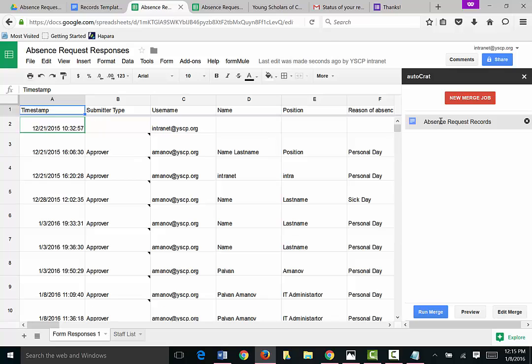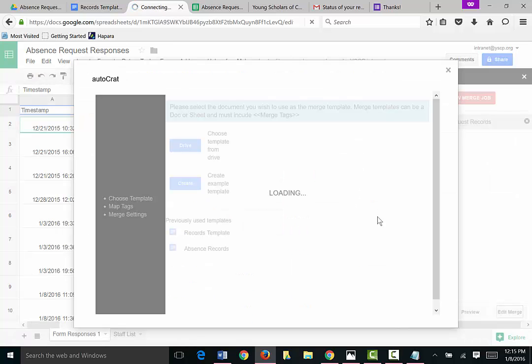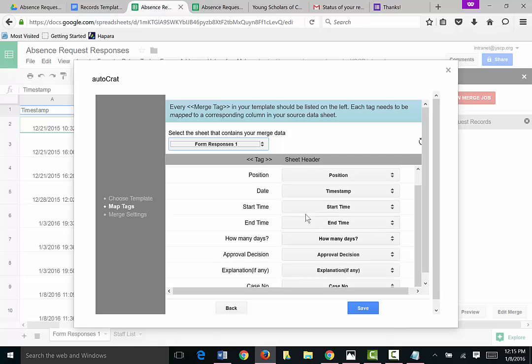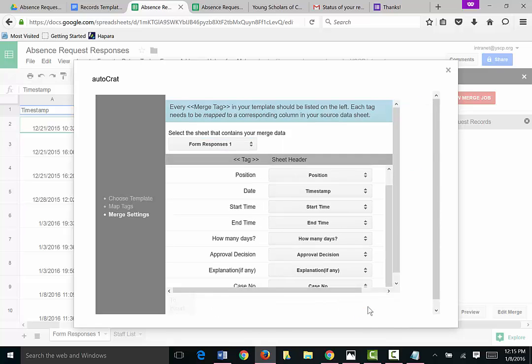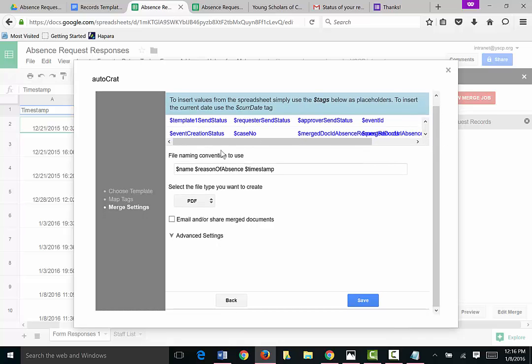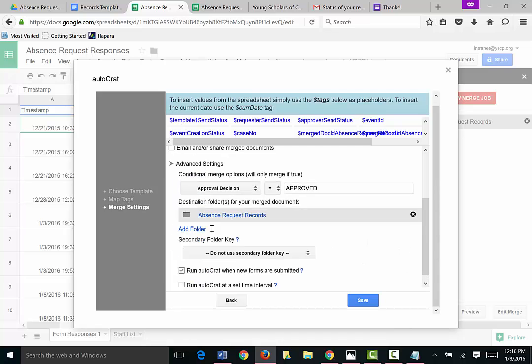So here I already have the job here. You'll create a new job, select the Google Doc, and then you're gonna map the variables. So here you say the variables are coming from the first sheet. All the variables are actually mapped automatically if you have exact same names. And then you're gonna decide on the name of the file. Here are your variables that you can use. You can create a PDF or Google Doc, and then under advanced settings you want to say